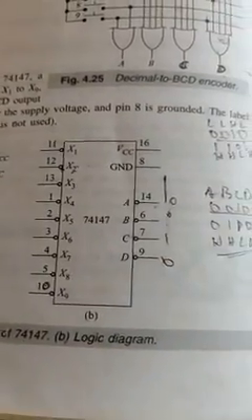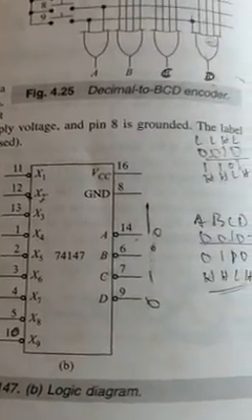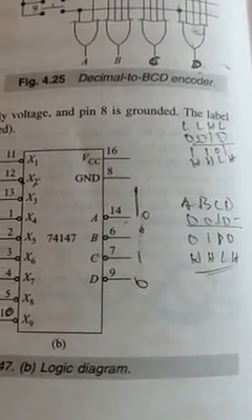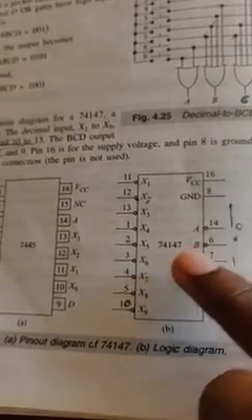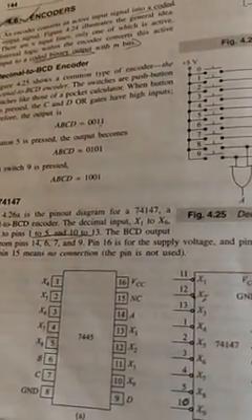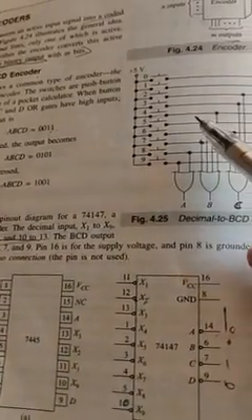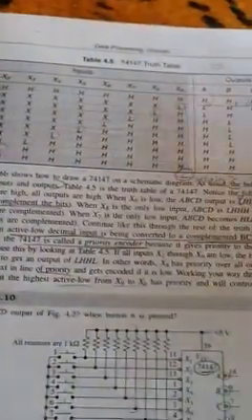So the thing is, whenever it is accepting the input, it just gets inverted. Whenever it is giving the output, it just inverts the output before giving. So this is how the 74147 IC is going to work. This particular IC is for decimal to BCD encoder. So when they ask you to write and explain a decimal to BCD encoder, you are supposed to write this circuit diagram, this IC, and this table.